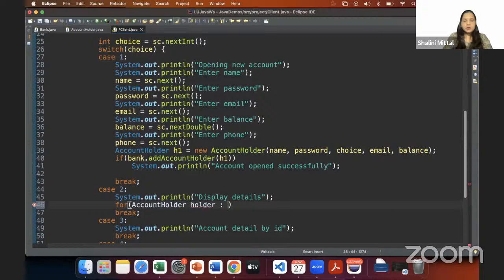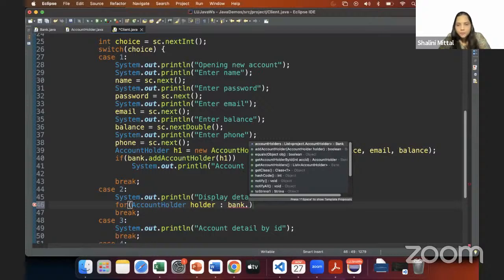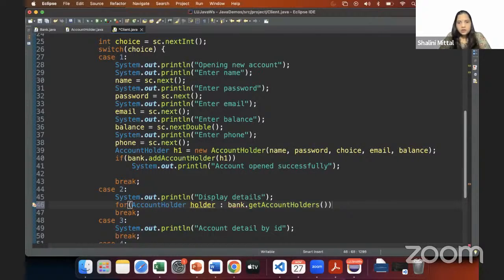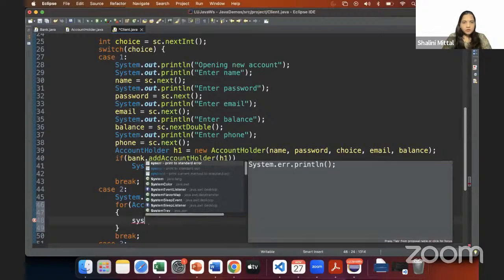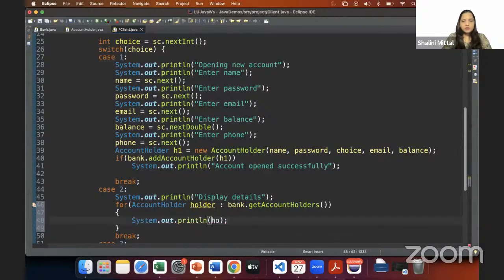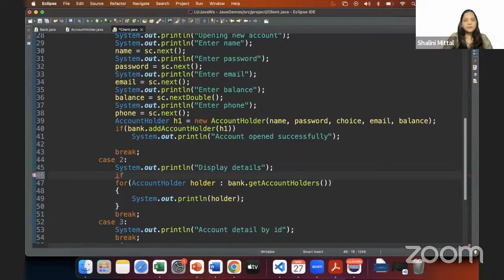So I can say account holder from the bank dot get account holders, and I can print the holder objects. Alternatively, I can say list account holders equals to